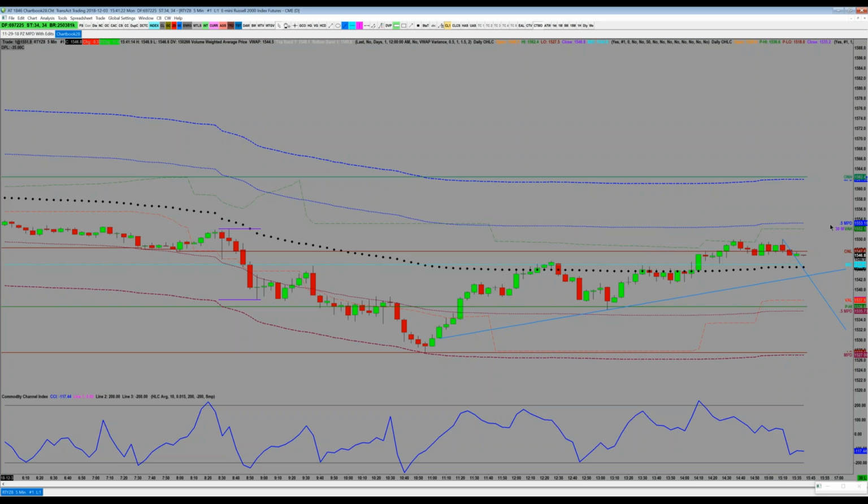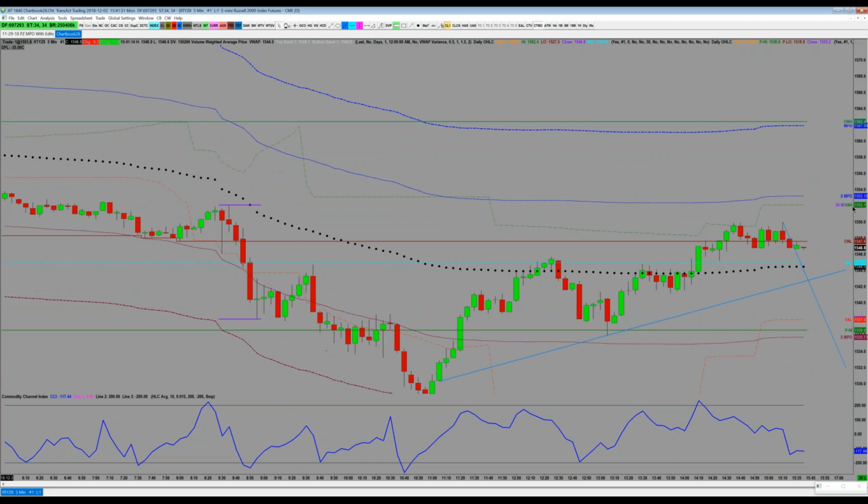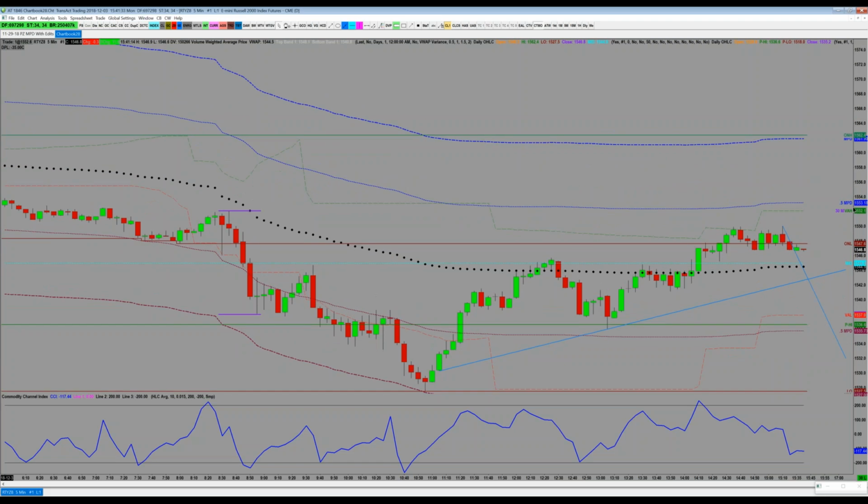So what this means is that in a wider range, you're going to get bands that are really far apart. And what that forces people to do is take them outside of this idea that they can only get into the trade when this line crosses this line, and instead puts things in a greater perspective of, okay, let's really remember how volatile this market is right now, and let's use this to put the price movement we're seeing right now in perspective.